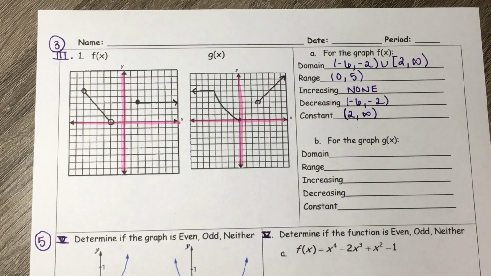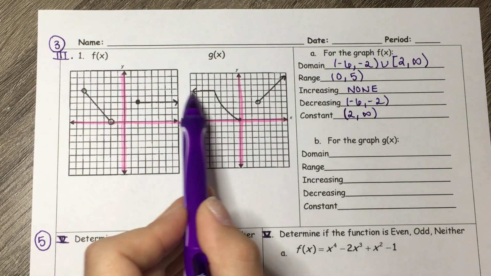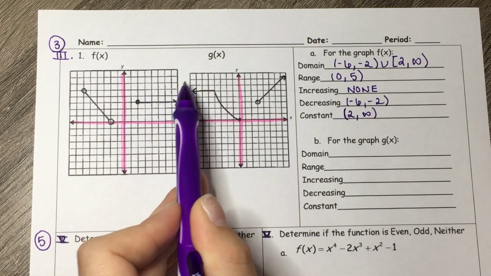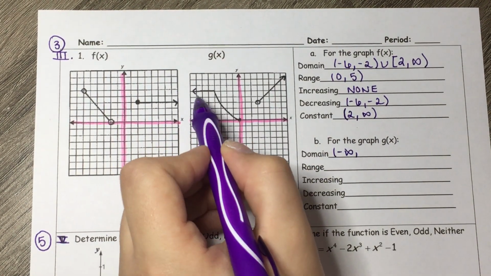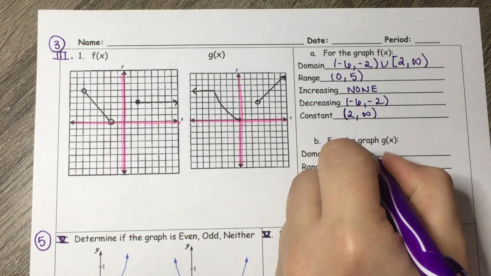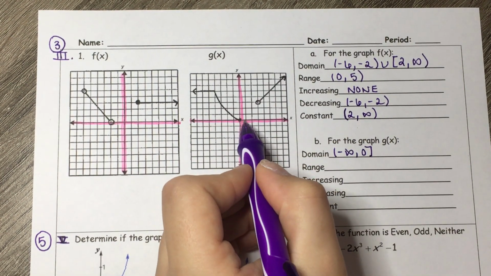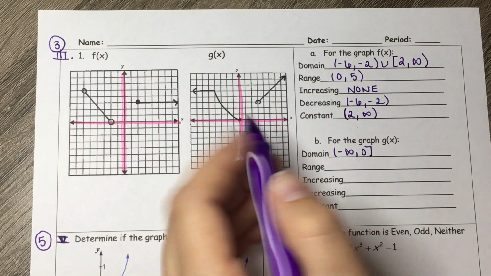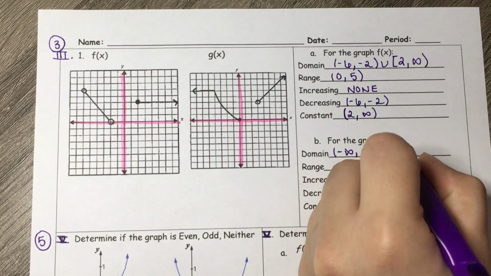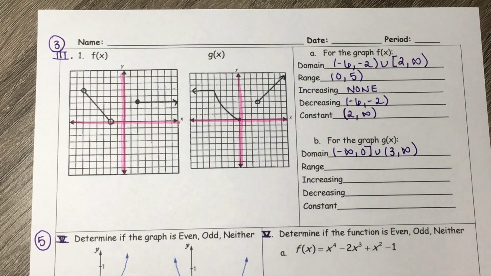All right, now looking at letter B, we're going to be using this g of x graph, trying to figure out that domain. Our lowest x value is coming from here, which is going to be -infinity, and then we're going all the way, and we're stopping at 0, and 0 is inclusive there. And then our graph picks up again at 1, 2, and this is going to be 3, where it's an open circle,